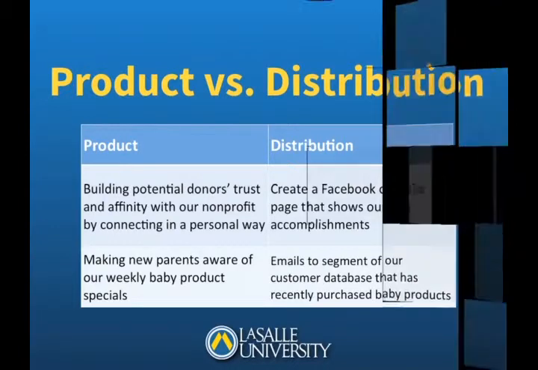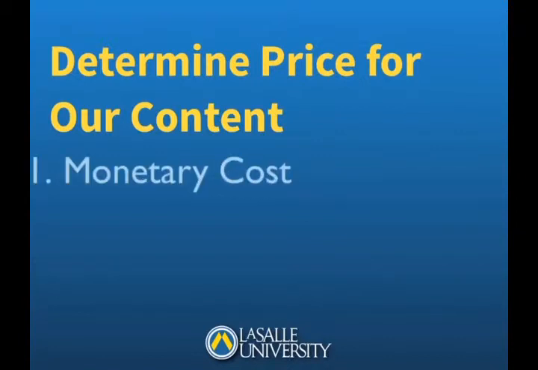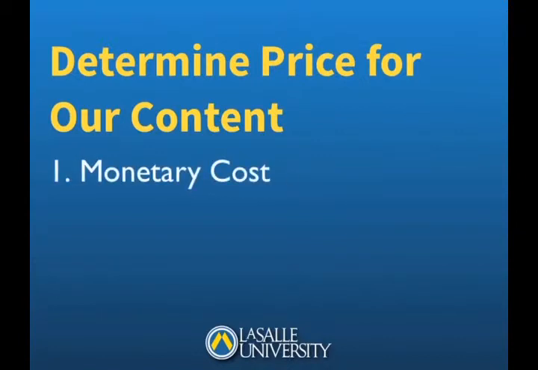Then we're going to determine our price for our content. So online, this could be monetary. For instance, the New York Times for a long time gave away free content, gave away their news articles and their videos. But recently, probably about a year ago, for months and months, they tested the idea of something like a paywall, where after a certain amount of articles, you then have to pay for that content. So that's one way that you can have the monetary cost online with online content.